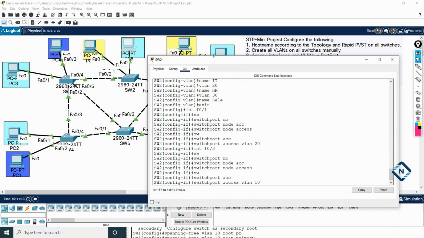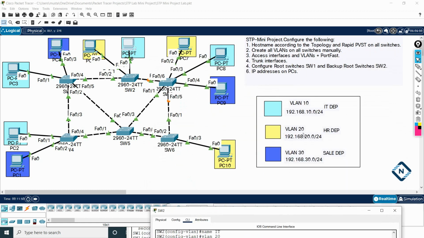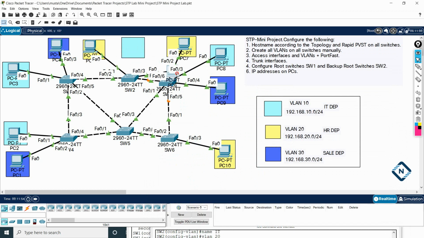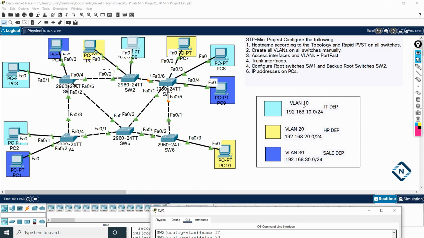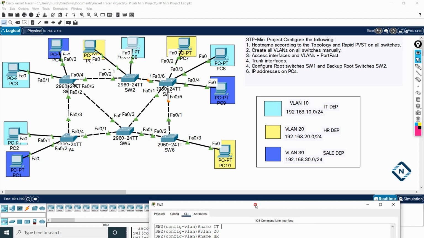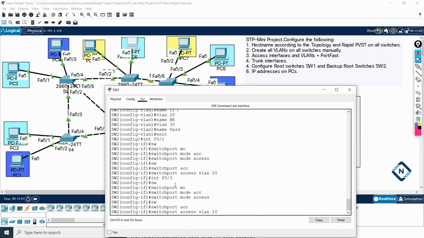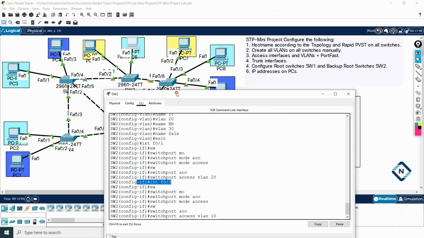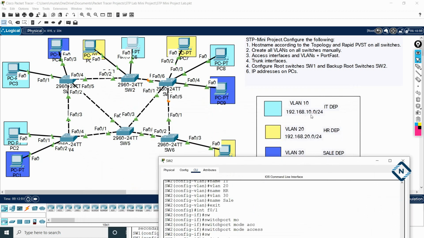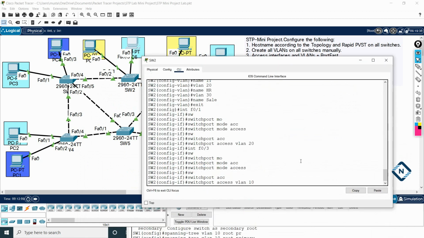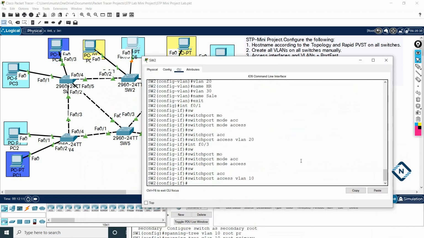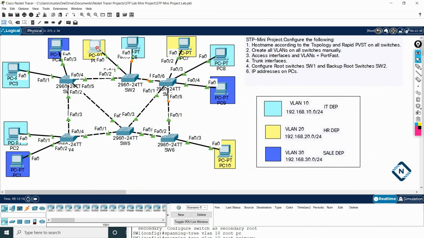Okay, see here, this one, yellow color is for 20, and now we are doing for this port, which is F0/3. F0/3 is this color, it is VLAN 10. So here if you see, I am inside the F0/3, and F0/3 is having the sky blue color, and that it belongs to the VLAN 10. So I will write here VLAN 10 and I will press enter. So these two interfaces we put in that particular VLAN.